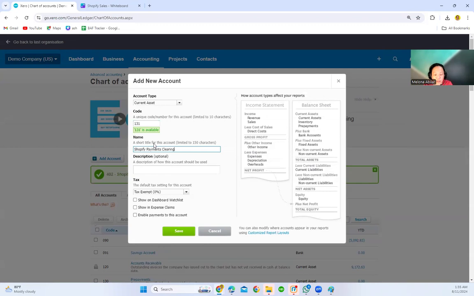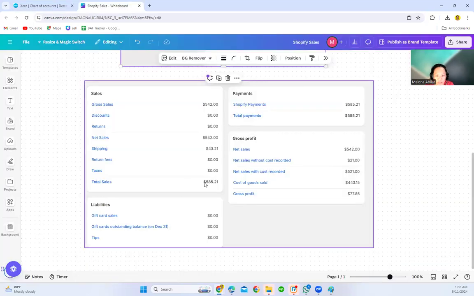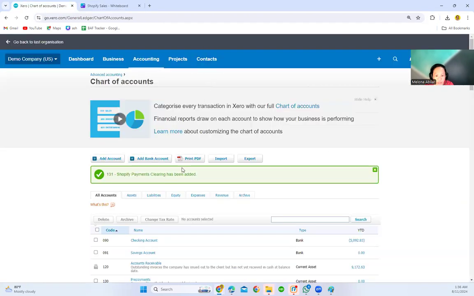This is a clearing account where we are tracking how much Shopify already paid out to you as a Shopify store owner, or paid out to your client if you're a bookkeeper. In this case, there's a sale of 585.21 and the total sales was paid out to the store owner, which is also 585.21.